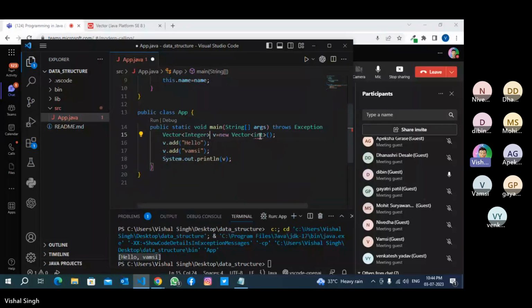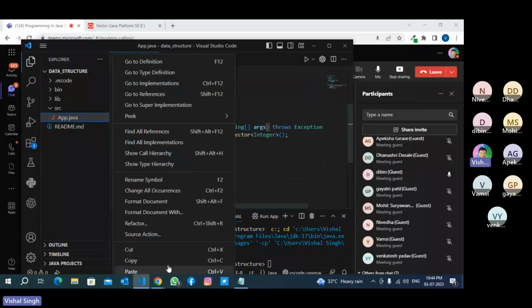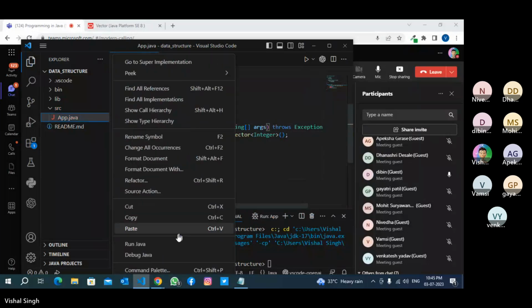Integer, you have to write like this. Okay. So 15, 70. Okay. Run Java.